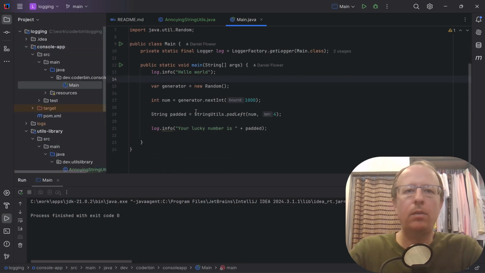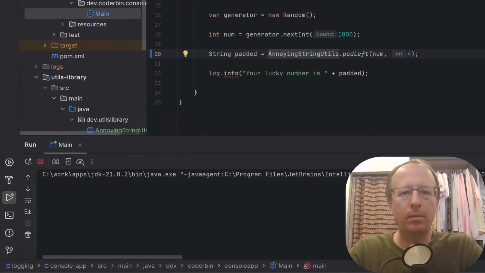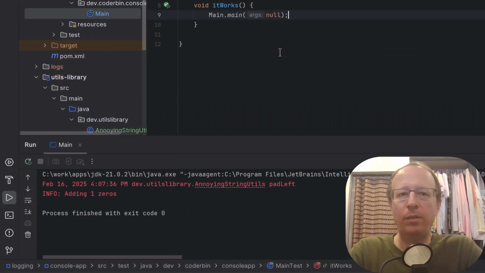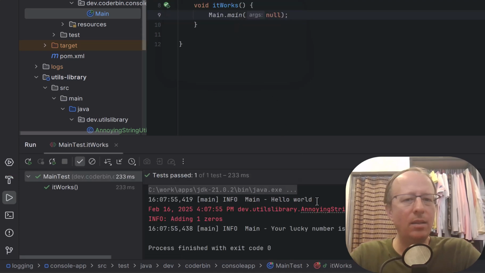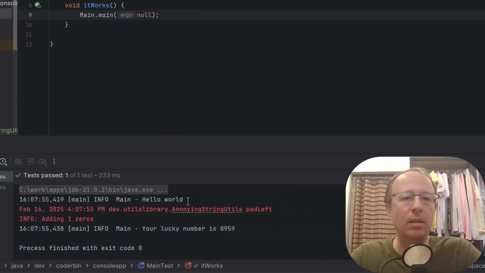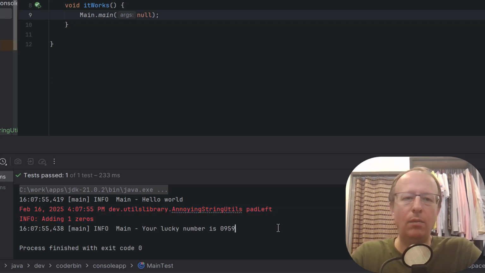So I'm going to use AnnoyingStringUtils and rerun that. Okay, I'm going to run it from our test method so we get our correct logger implementation, and you can see something happening here. So this line is from our console app using logback. These two are using the built-in Java util logging, and finally back to our logback again.